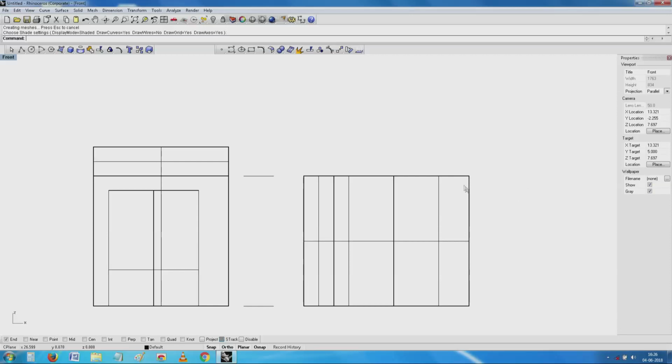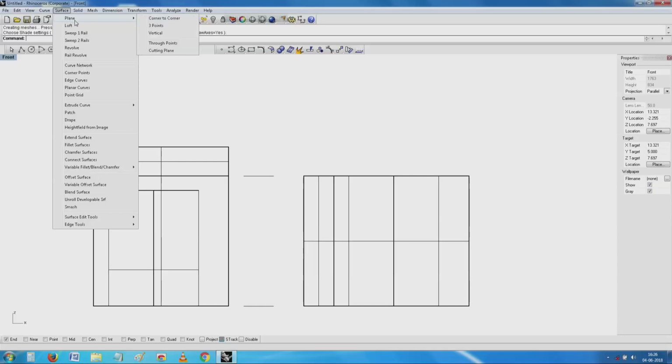I will just quickly try to create just one or two of them and then see.